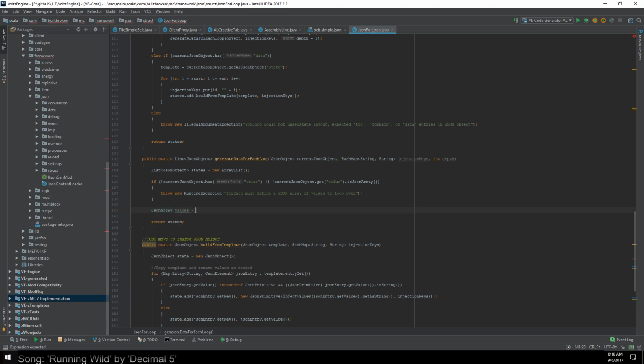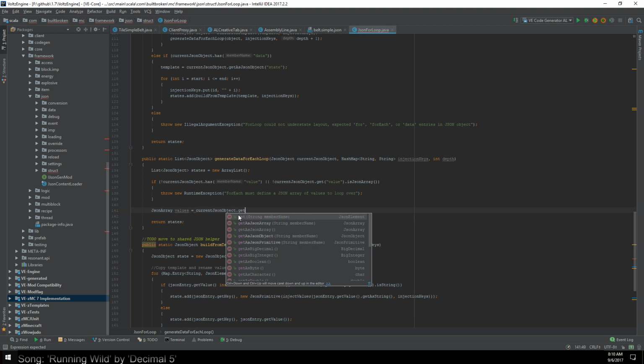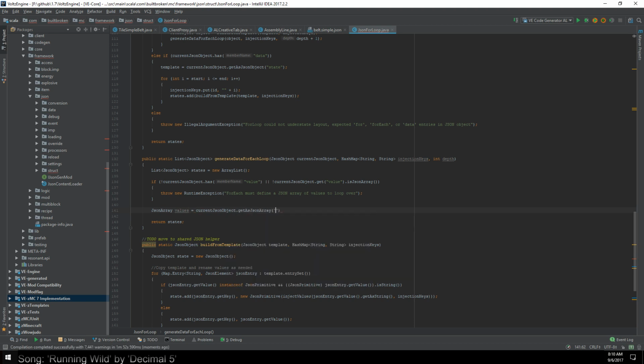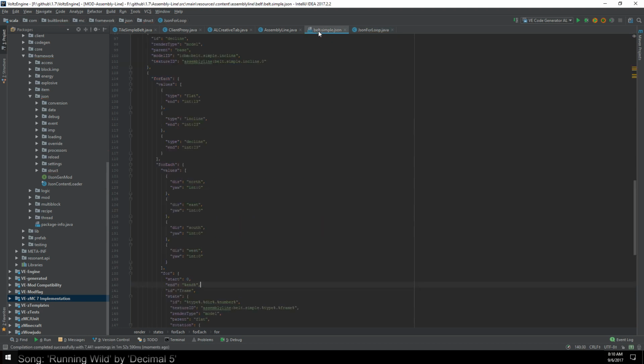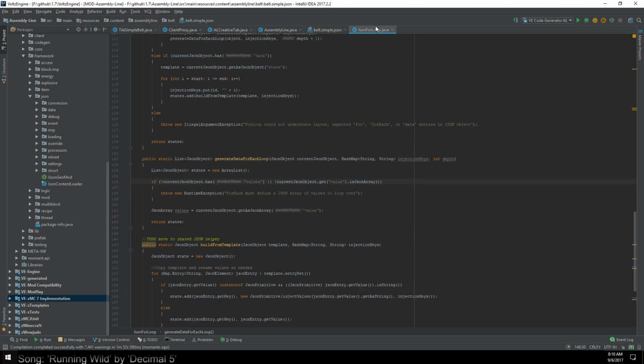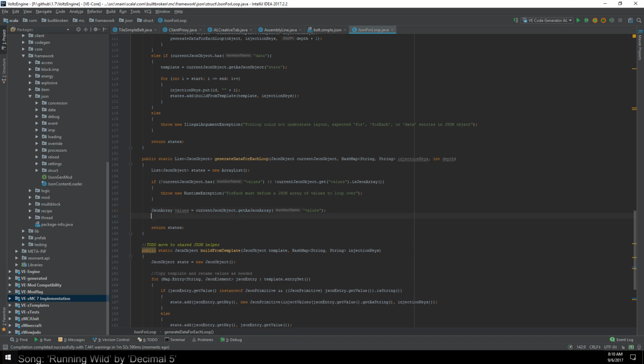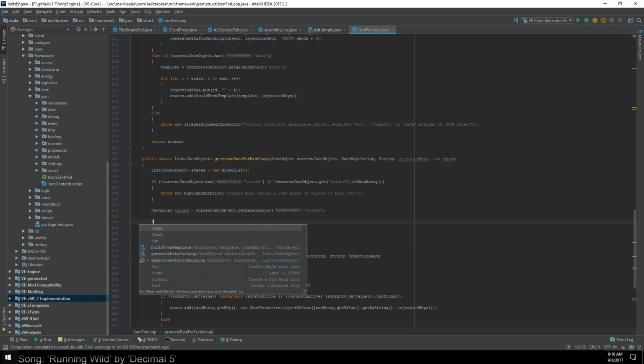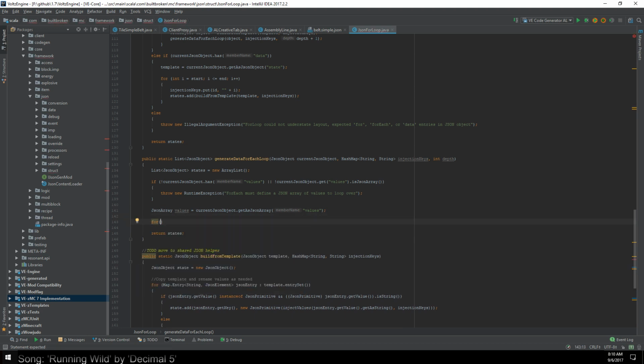values equals current JSON object get as JSON array, because you can actually directly grab it as a JSON array value. Actually, I think it should be values. Let me check our object. Because I defined the structure, by the way, for this before we implemented it at all. That's a great way to plan out your JSON structures: go ahead and just make the whole thing, then define all your data. Unless you're in a case where I use injection keys, and then that's something that maybe you don't want to do. Anyway,